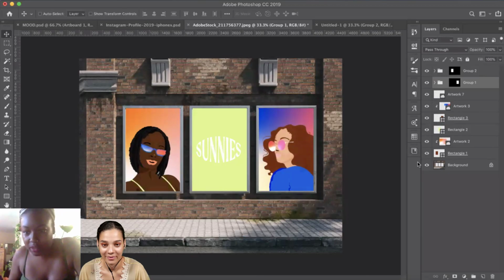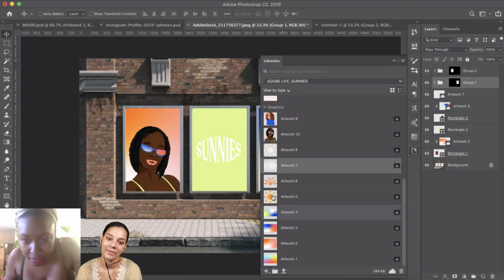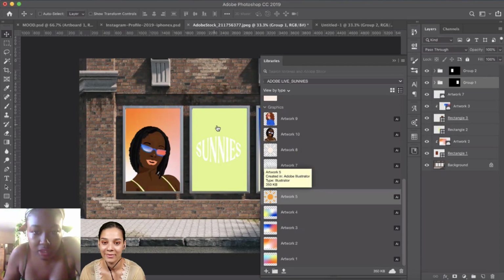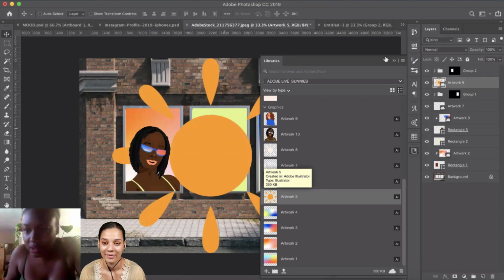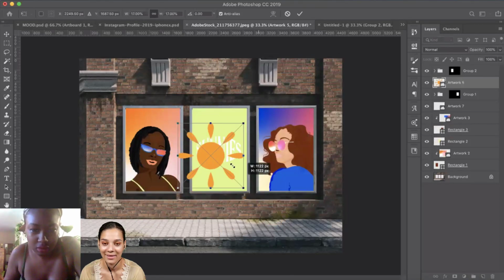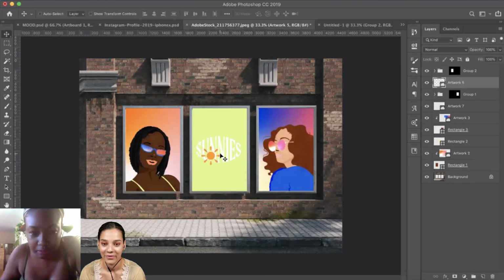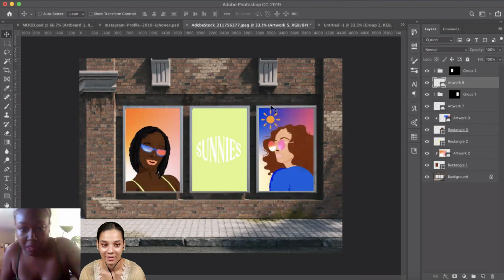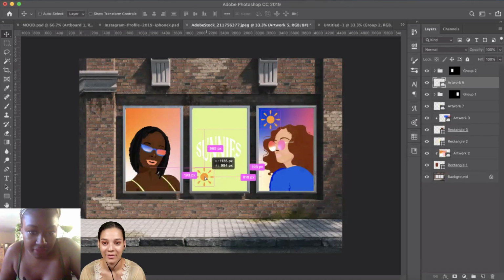All right, and then I'm just going to add some of the cool branding that we got yesterday. Let's add some of our Sunnies logo. Let's add something right here. Maybe, we'll see. I just like to pop things around and see how it fits.